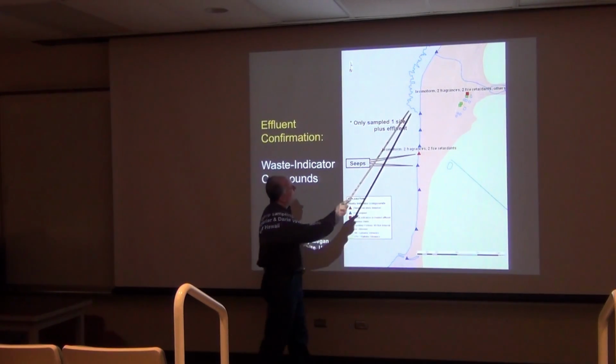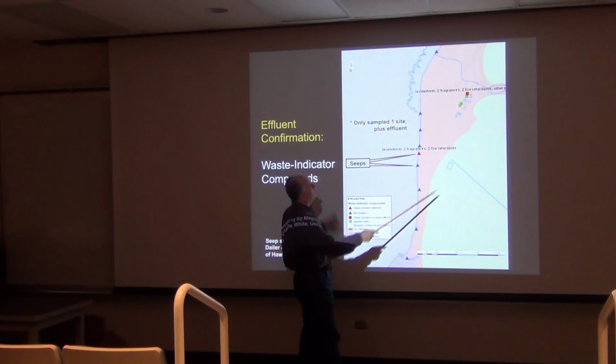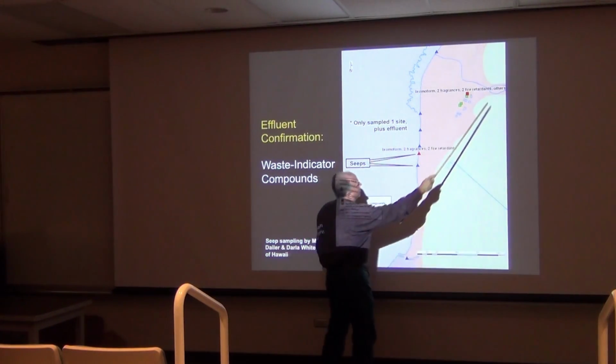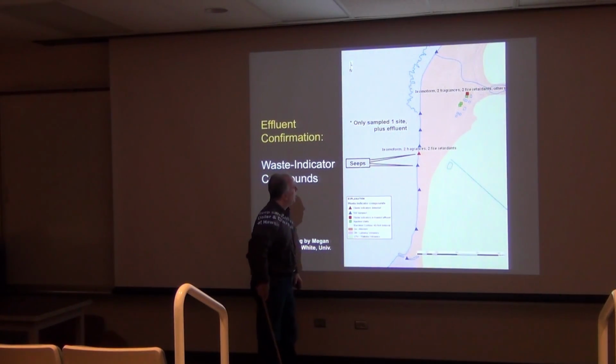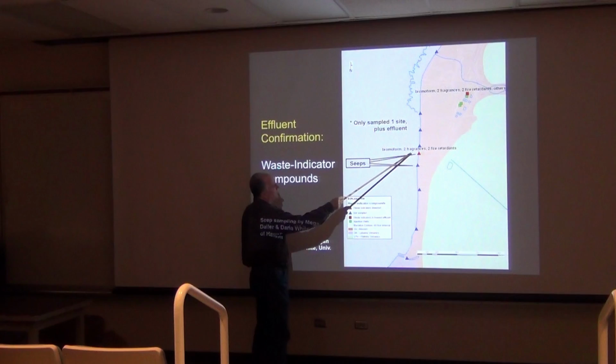So we detected bromoform, 2 particular fragrances. They've got long, detailed names. 2 particular fire retardants, and then a bunch of others, maybe 12 or 16 things we detected. Well, out here, the one seep sample that we analyzed, we got the bromoform, the same 2 fragrances, and the